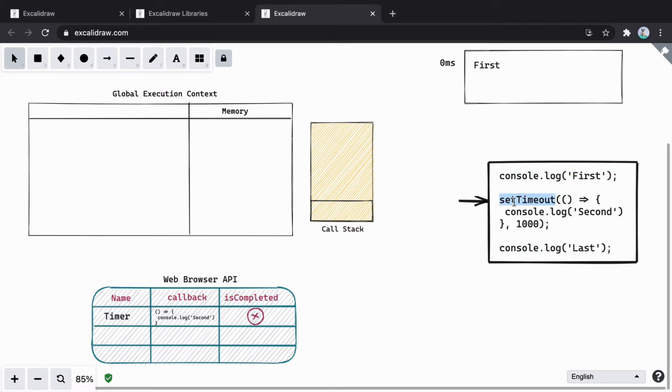So using this API or interface, we are communicating with web browser API and telling them, go ahead, register a timer. And once it is completed, you have to call this function that is going to do something in future, right? As soon as that is done, JavaScript will skip the part of setTimeout and directly move to the next part.